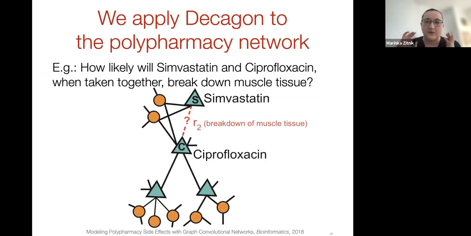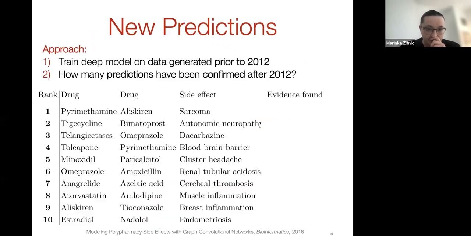And so where we left off is that this approach called Decagon was trained on the polypharmacy knowledge graph. It was trained with the goal of solving the multi-relational link prediction task, which in other words simply means that it was trained to answer queries of this form, as we have seen before, that allow us to say for a pair of drugs and a particular side effect, whether that combination of drugs would lead to the adverse event that was used in the query.